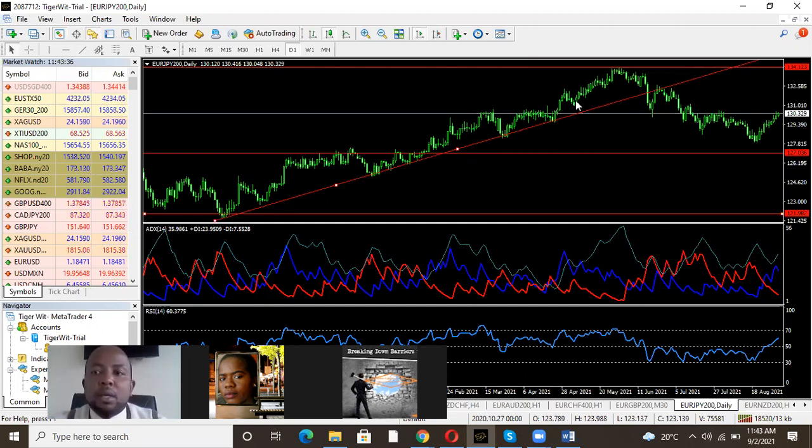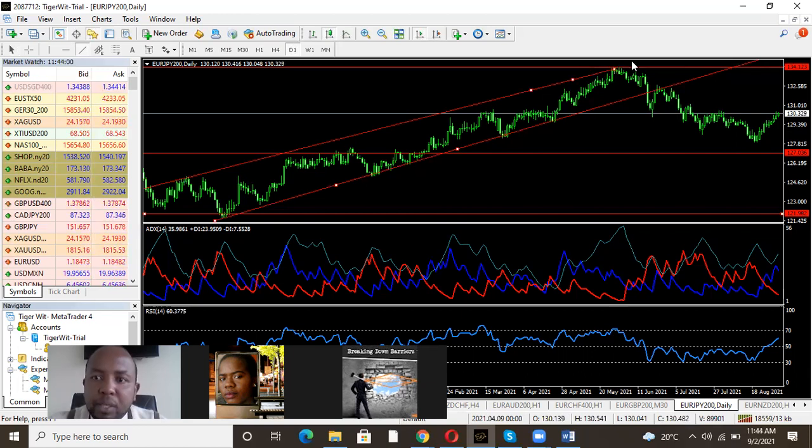Because you can see when it breaks here, this is now what we call a breakout. Because now you see the market kind of tried to break the trend line, went back up, but it seems to be going back up again. And then if I add another trend line, say here, it becomes now a channel. We call it a channel around there. So I love this pair. It's a good pair because it trends a lot.